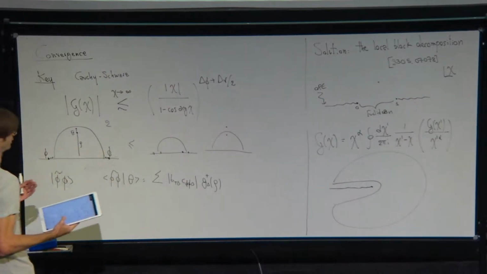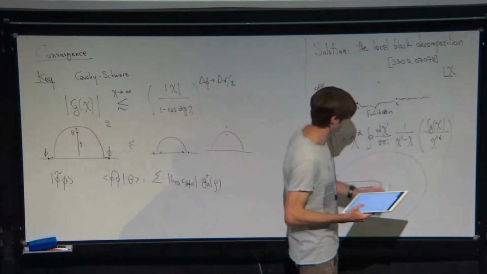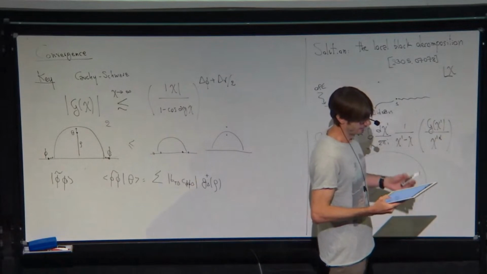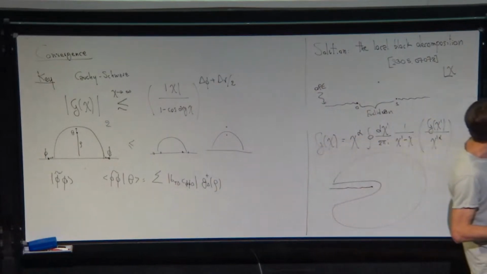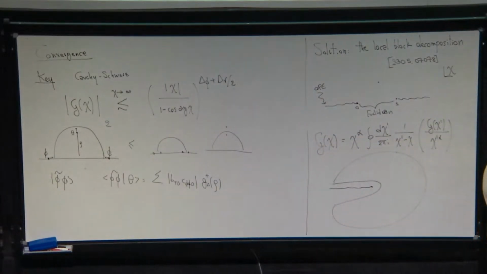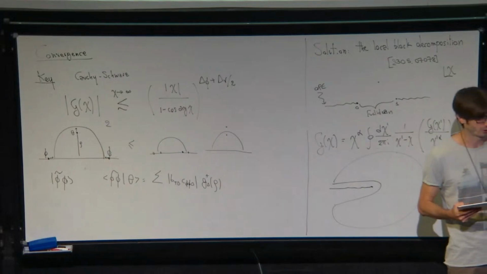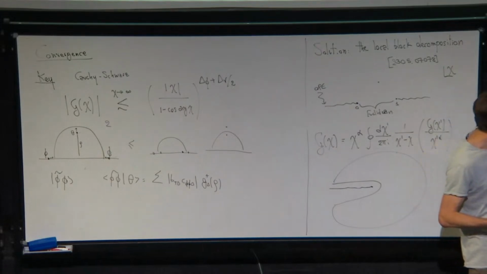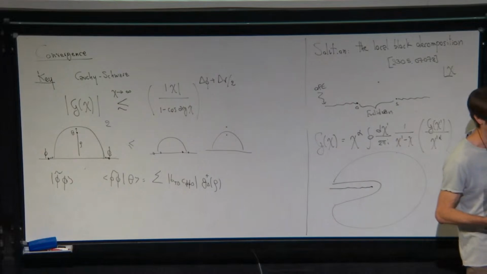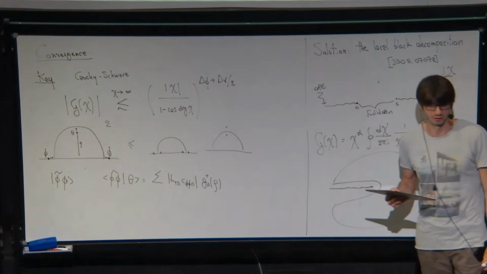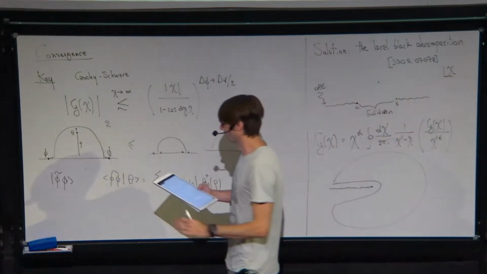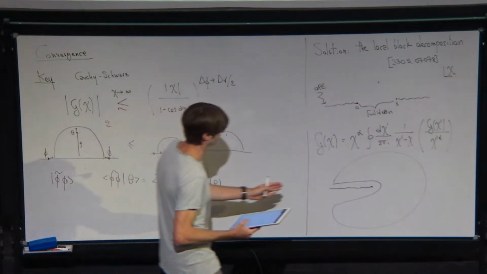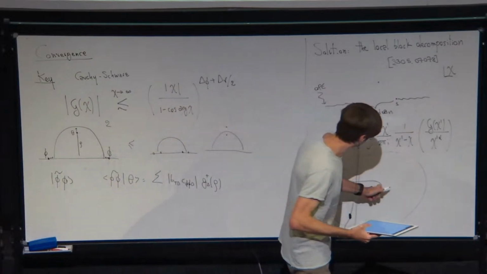One: is it legal to drop the arcs? This is still the hardest question. The second one: is it legal to swap this sum with the discontinuity and the integral? And the third: does the decomposition that we get here converge uniformly, so that then we can also swap it with the integral that defines the charge? So first question, dropping the arc is clearly okay everywhere except in this direction,